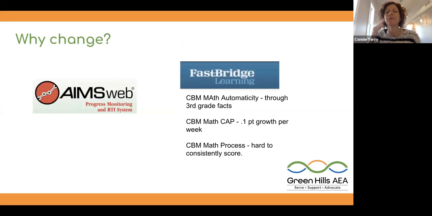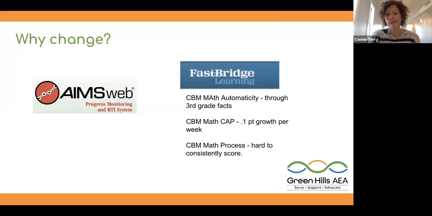So one of the many reasons we're offering this today is that some special education teachers and gen ed teachers have found themselves in a little bit of a bind, partially because of changes in AIMSweb. Some have been using a previous form of AIMSweb, and AIMSweb is now updated to AIMSweb Plus, and either teachers aren't finding a match in that set of assessments, or maybe they don't have access to AIMSweb Plus, and so they need something else. FastBridge is another choice. Many schools have access to the math progress monitoring probes in that set of